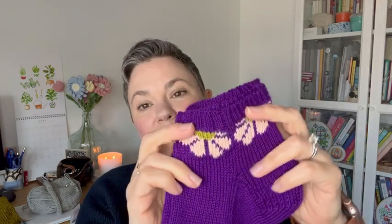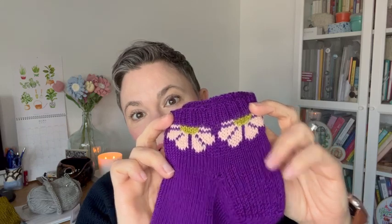I use a 2.25 millimeter needle when I do my socks, generally speaking. And for the colorwork section, I use a 2.5 millimeter 9-inch needle. And for me, that has made a big difference for the evenness of my colorwork in a colorwork sock. Now, somebody asked me once why that is, and I think using a bigger needle means that the stitches are a little bit bigger, a little bit,